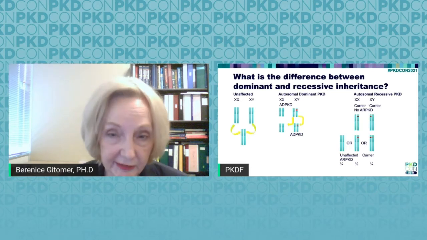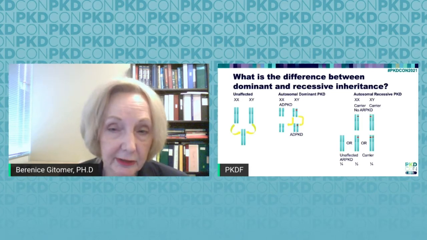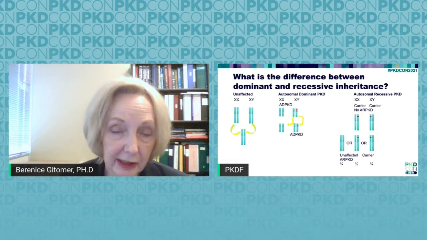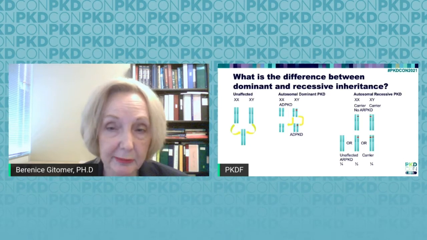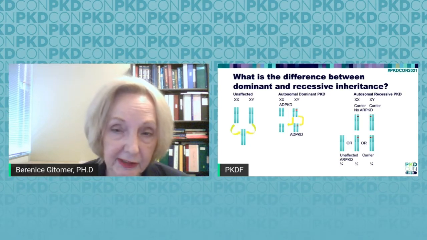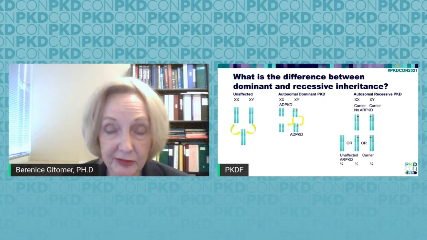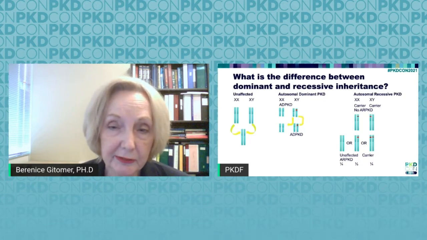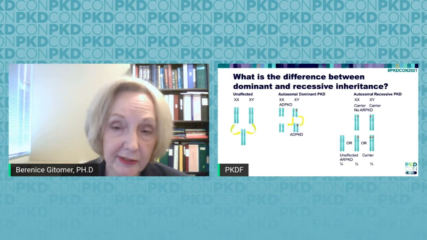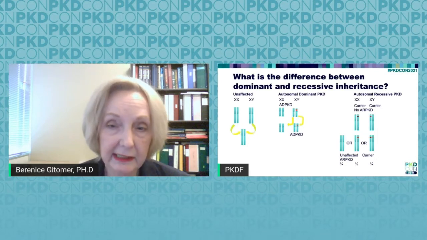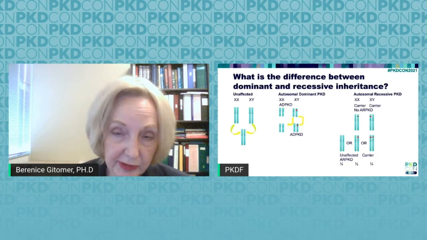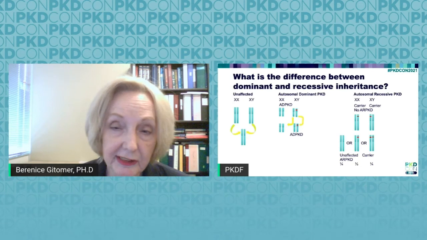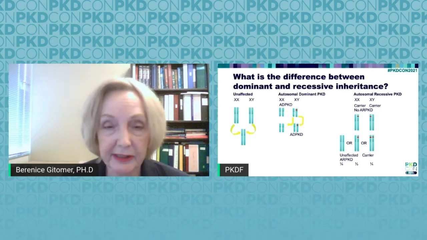mutation, is unaffected. However, they can also pass on their copy of the mutated gene in one case, and the other parent can pass on the non-mutated gene, in which case that will result in a carrier status. So about a half, a 50-50 chance of a child being a carrier, and a 1 in 4 chance of the child inheriting both copies of the mutated gene, in which case they will develop ARPKD.